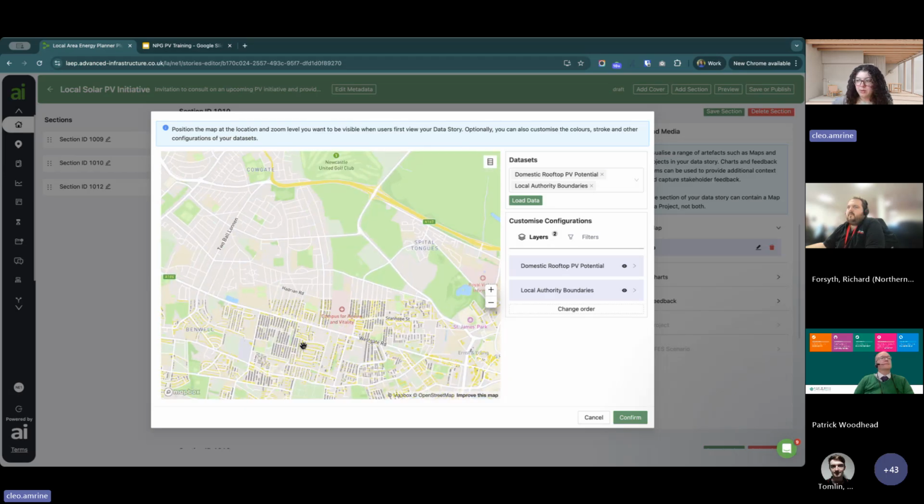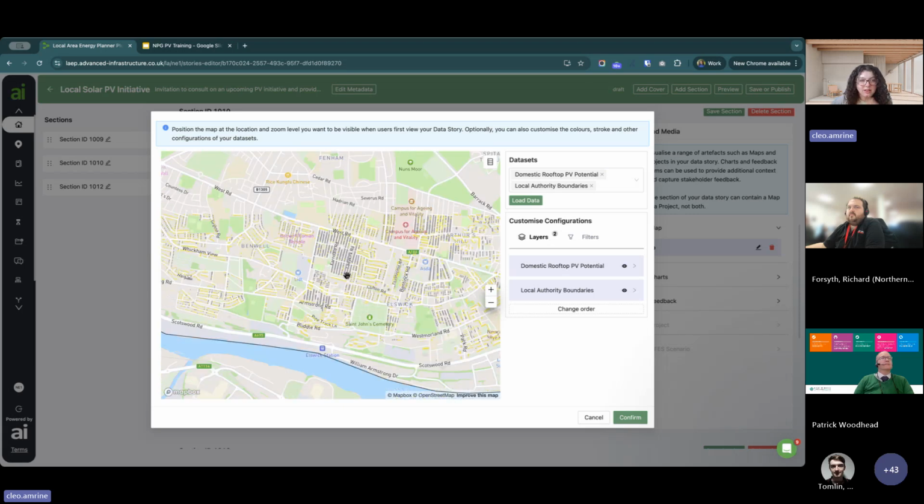So it depends at what level you're looking to engage with the stakeholder and how much information you want to give them. But essentially you can either invite them to LEAP Plus and share the data set directly with them on the platform, or you can share it in a more presentation style format, which is only accessible via a private URL, and they won't be able to get the raw data.